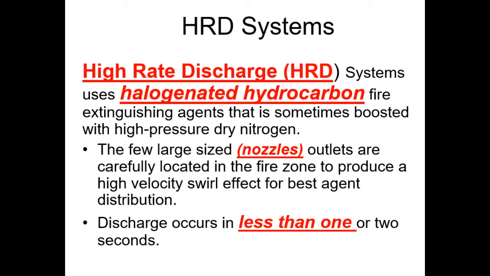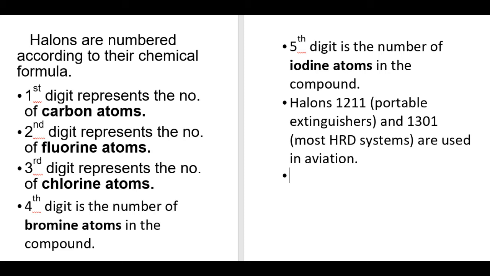And on the HRD systems, discharge occurs in less than 1 or 2 seconds. Hence the name high rate of discharge system. It discharges very fast. Now, when we start to talk about these halogenated hydrocarbons, we're going to see they are